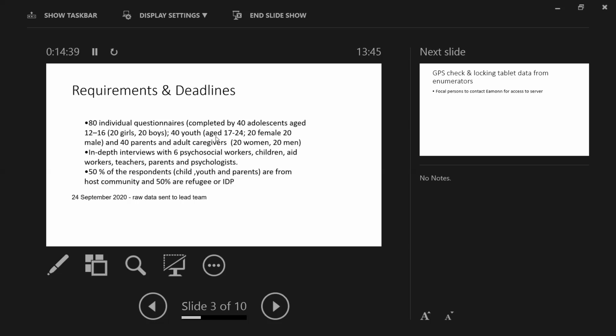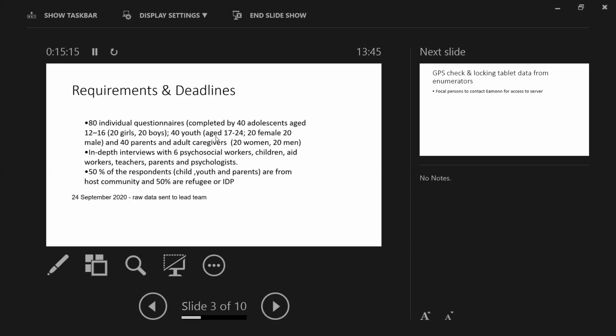Then we're looking for 40 parents or adult caregivers. Again, half of them, 20 are women, half of them, 20 are men. And then finally, the 80 plus 40 together makes 120. Then we will have in-depth interviews with key informants, which are 6. So it could be a psychosocial worker, it could be a child protection officer, it could be children or aid workers or teachers or parents or people who really have a very good understanding of the situation of the children. So we will call these key